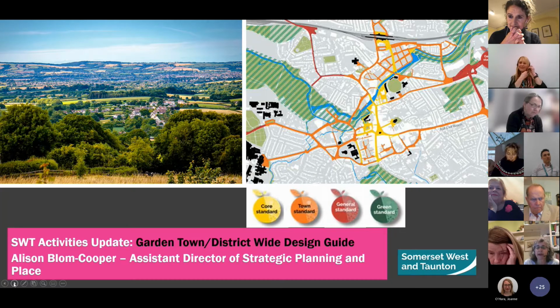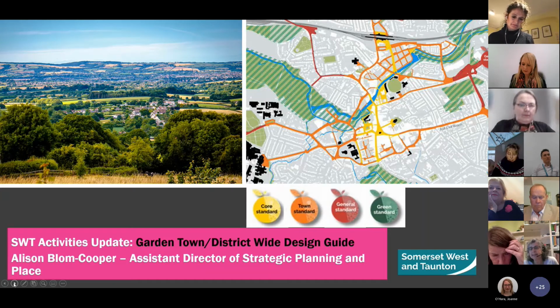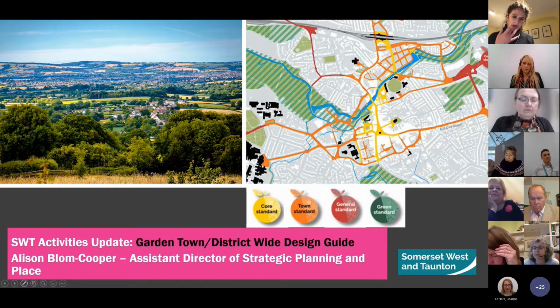Since I've arrived, we have just gone out to commission some additional work to look at an infrastructure delivery plan for the Garden Town. That's putting together all the community and other facilities that we need to deliver for the Garden Town to support the housing growth that's proposed. And as part of that work, we're looking at the stewardship arrangements. So that's the long-term management and maintenance of community facilities and the public realm, because traditionally that has been done by local authorities, but obviously with resources being what they are, that's not always done to such a high